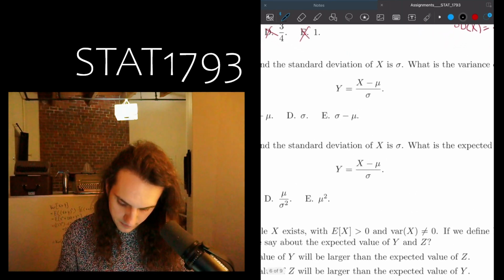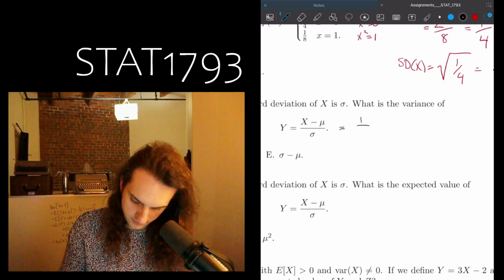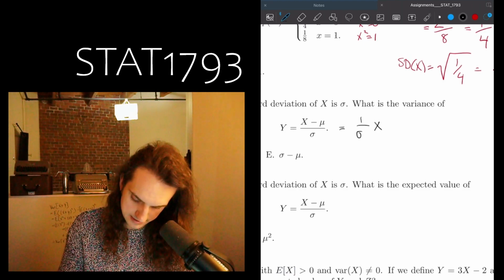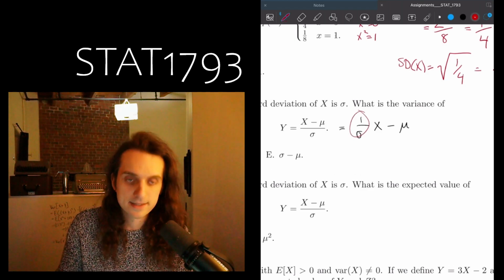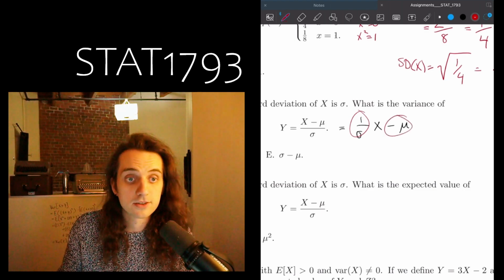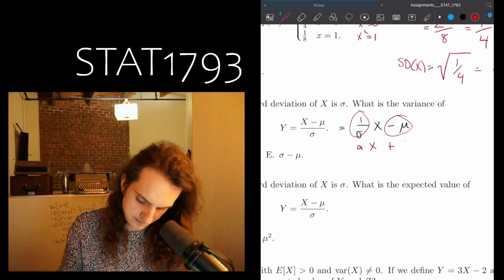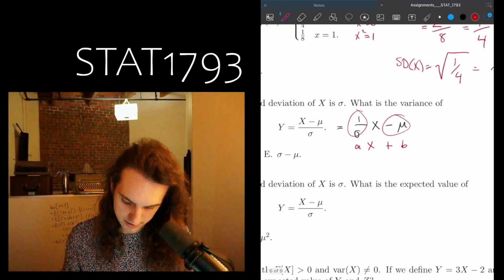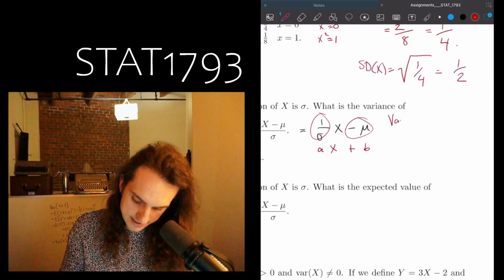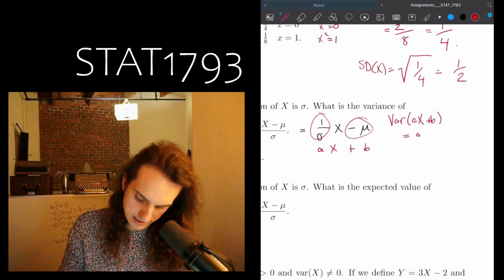Okay. Well, what I want to do here is just rewrite this. I'm going to rewrite this as 1 over sigma times x minus mu, right? 1 over sigma, that's just some constant, minus mu, that's just some constant. And so this is going to be ax plus b, where a is 1 over sigma and b is minus mu. And we know the variance of ax plus b is always going to be a squared times the variance of x,